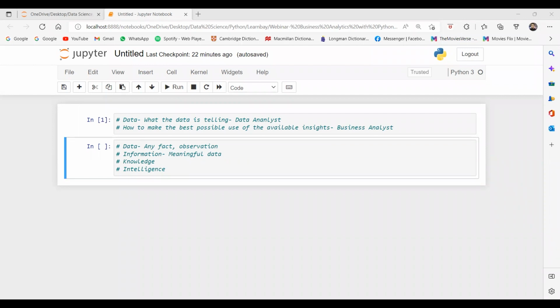Do you know what is the meaning of analytical thinking, guys? For example, you have four options. You are going to apply to a college. You have done your graduation and you want to do your masters, and you have four options. You can do your masters in data science, you can do your masters in computer science, you can go for a management course, but you can do only one at a time.